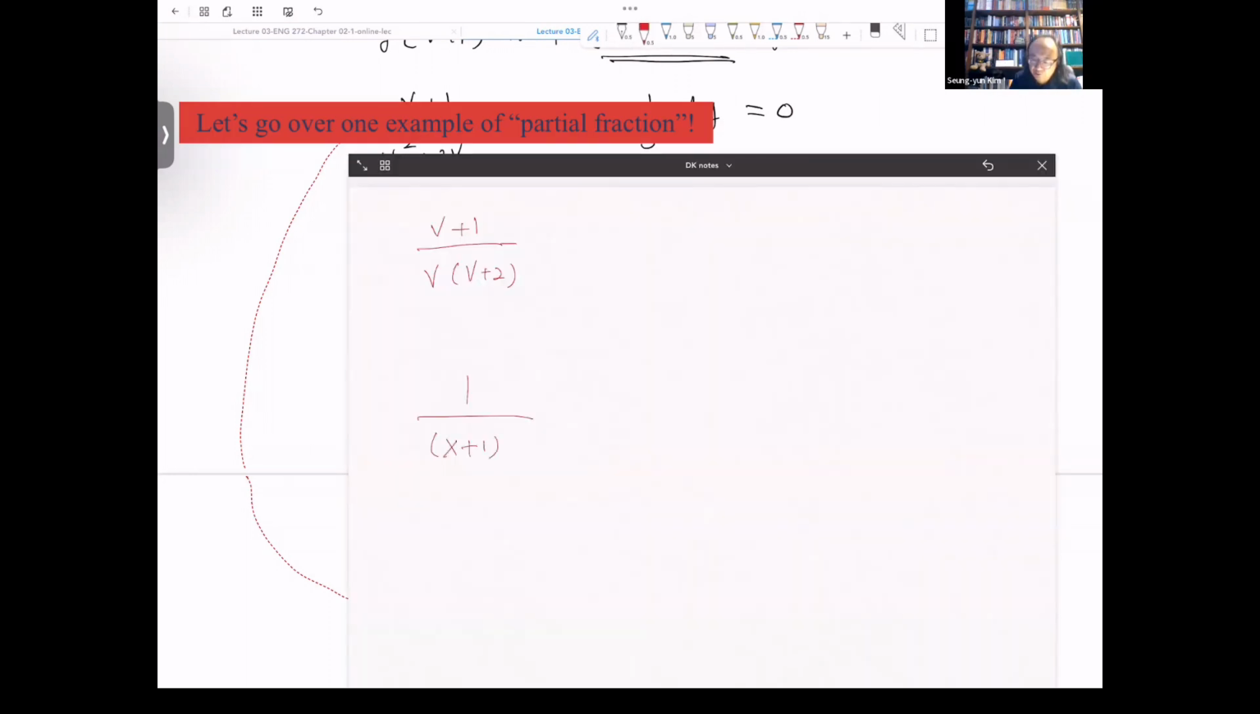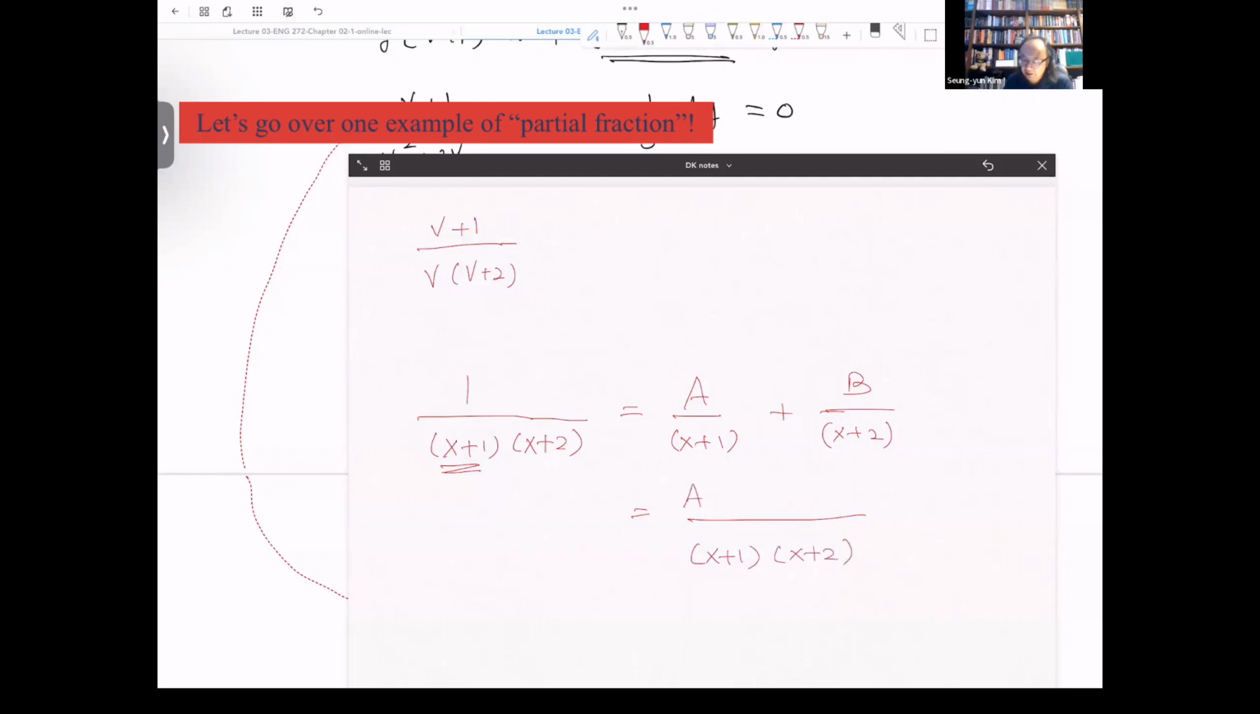x plus 1, x plus 2. For example, something like this, we can separate that. How? We'll call it partial fraction. So we let this equal a over the first product term, x plus 1, plus b over x plus 2. And then we force them to have the common denominator,